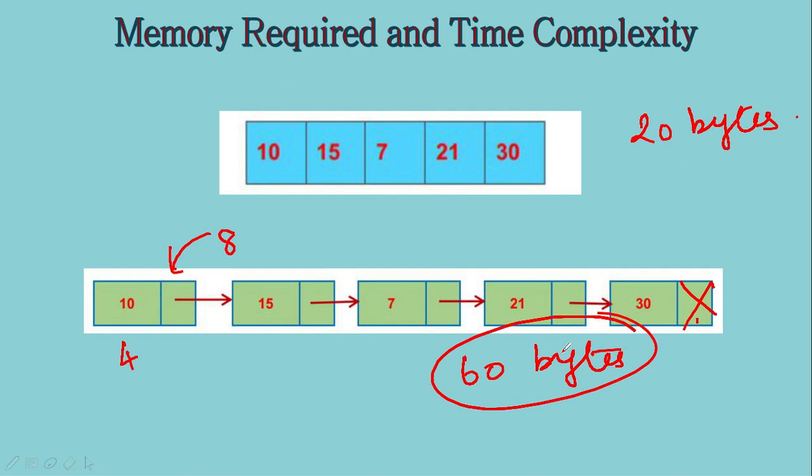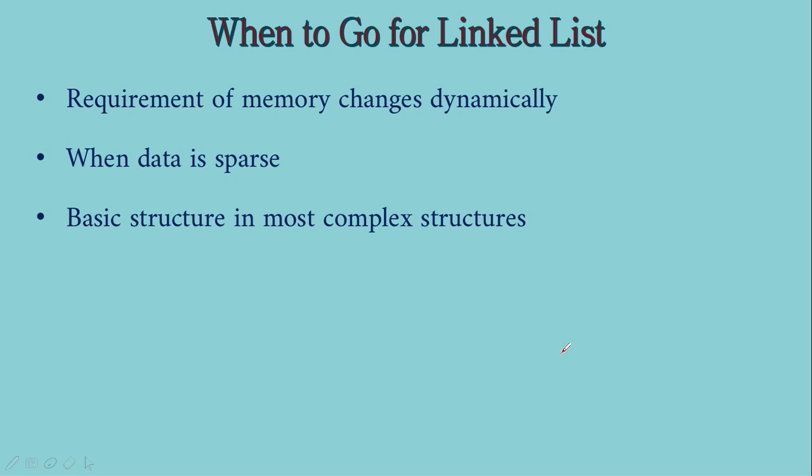Simply if someone says that array implementation occupies more memory and linked list occupies less memory, that is not correct. Then what should we go for? Time complexity is almost the same, the memory required is also more, and random access is not possible. Then when should we go for linked list? Yes, the first thing is